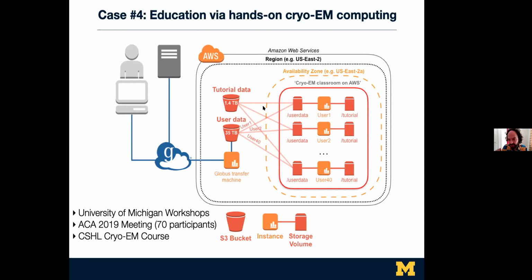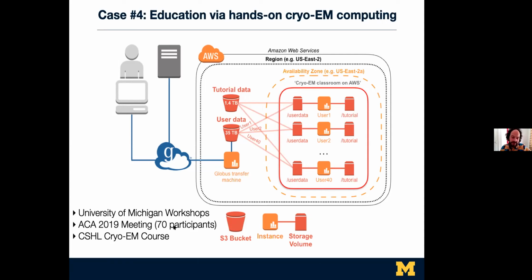But processing our data, and then processing it alongside other scientists and also with experts and developers, was really helpful. And I think it's an example where the cloud is really nice, because where else can you get 40 GPU machines just for 5 days? It's definitely on Amazon. We did this further at the American Crystallographic Association 2019 meeting, where we ran